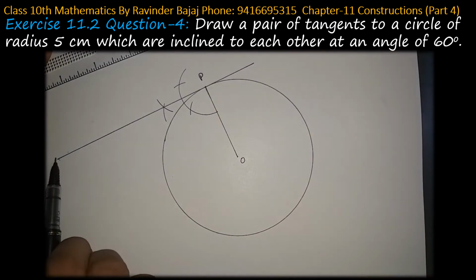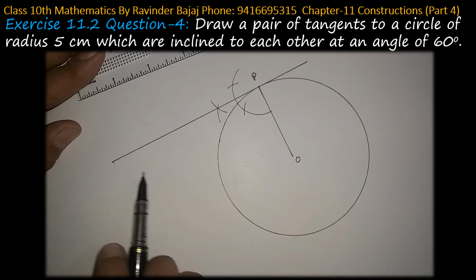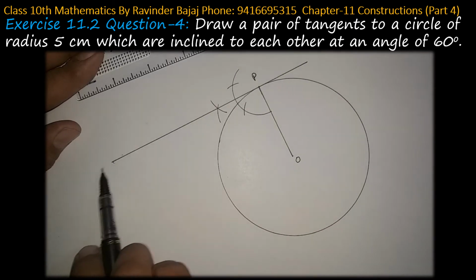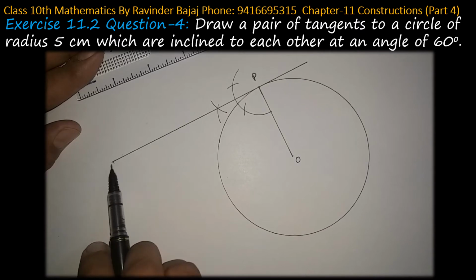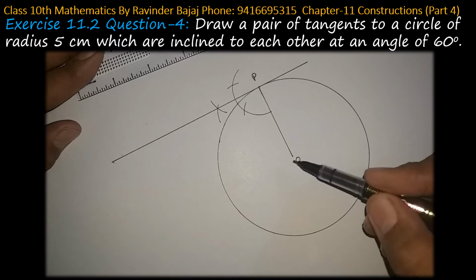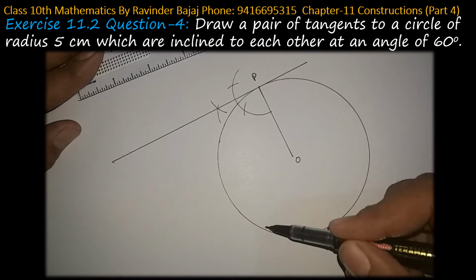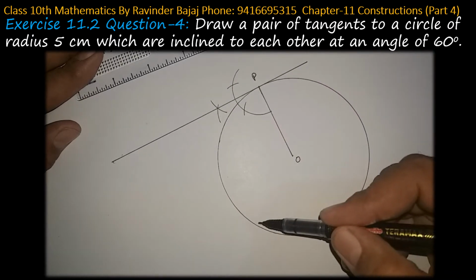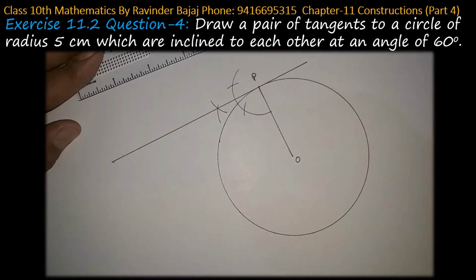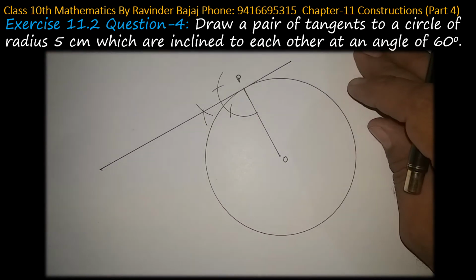Now we need one more tangent which is making a 60 degree angle with this tangent and which is again a tangent, so it will touch this circle. But at which point we want to make the 60 degree angle, this is not known to us. Instead of making a 60 degree angle here, it is better to make a 120 degree angle here. And then we will draw a 90 degree angle. 90 plus 90 is 180, 120 plus 60 will be 180. So by the angle sum property of a quadrilateral we will get a 60 degree angle automatically.